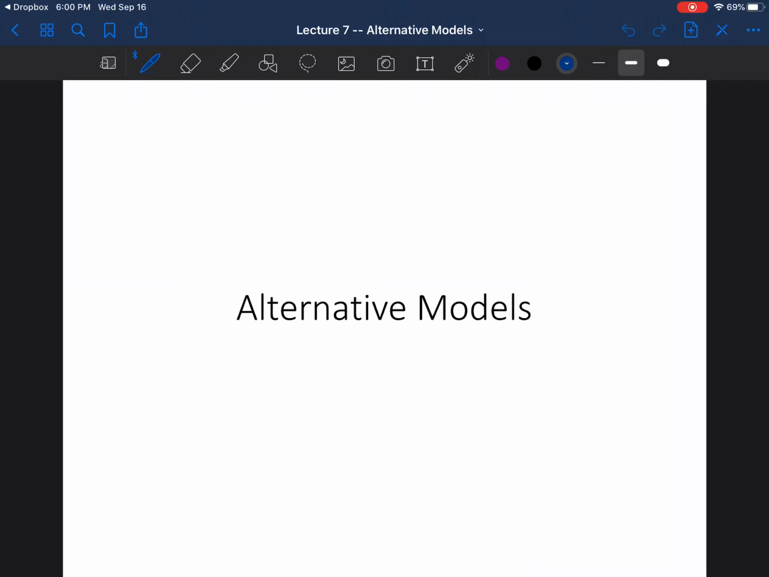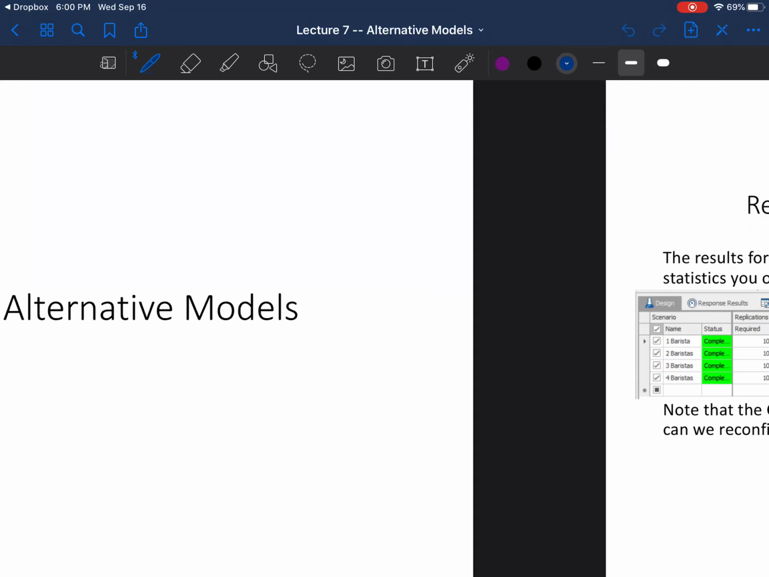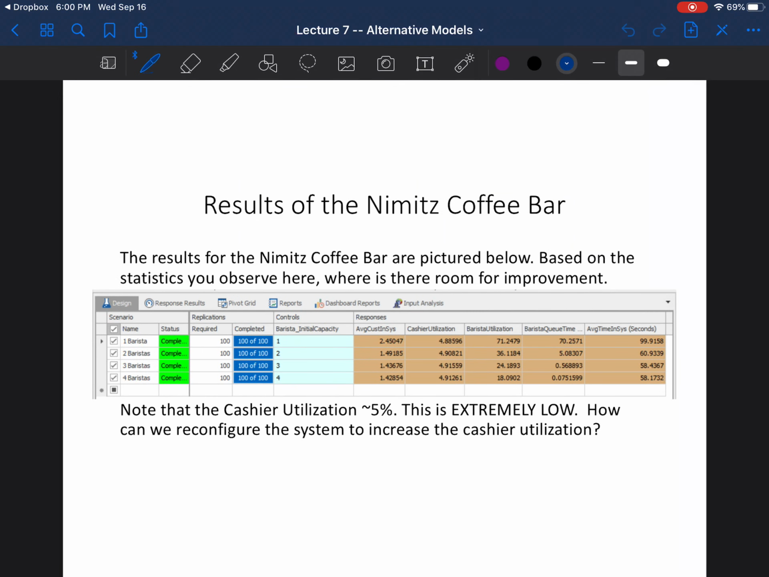Hi, and welcome to Lecture 7, Alternative Models. Today we're going to talk about taking a model we've already done and modifying it and trying to see how to improve the process. Okay, so recall the results of Nimitz Cafe Bar, and we had that experiment where we